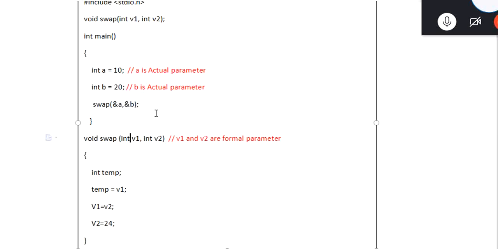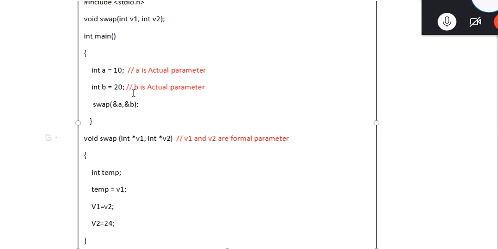Since we are passing the address, we have to receive it in a pointer. We cannot receive it directly. So now this is called call by reference. In call by reference, we are passing the address and receiving the address.